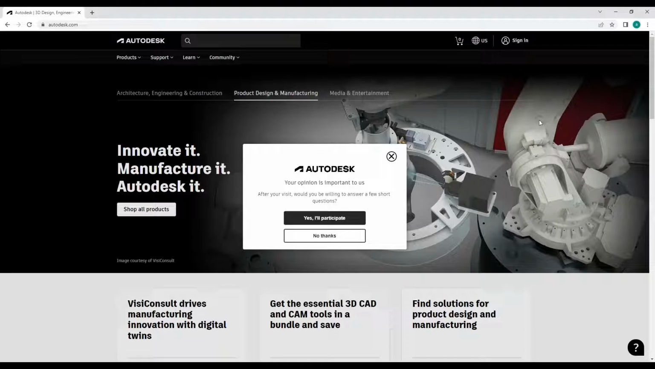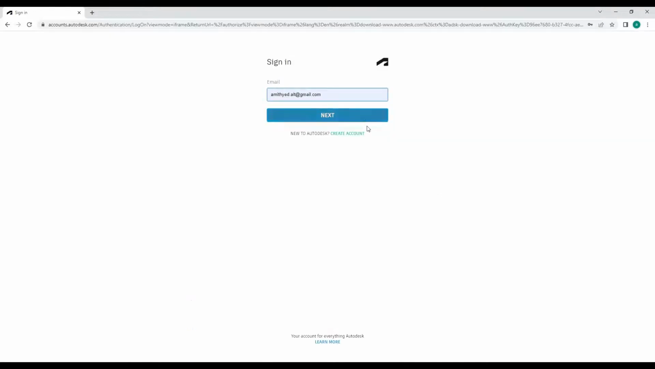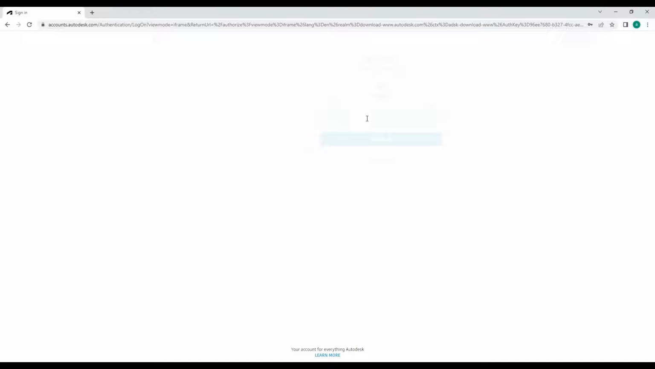What you need to do to download Fusion 360 and get your student certification is just sign in, right? Oh wait, no thanks. Sign in here. If you don't already have an account, you can just create an account. I've made an account using my alt. So now let's